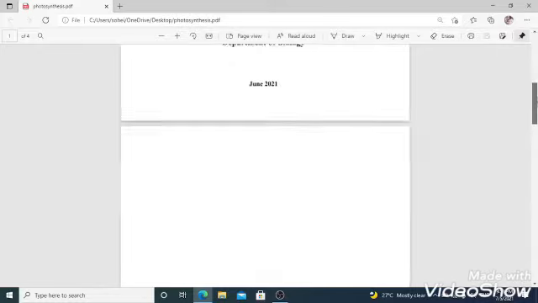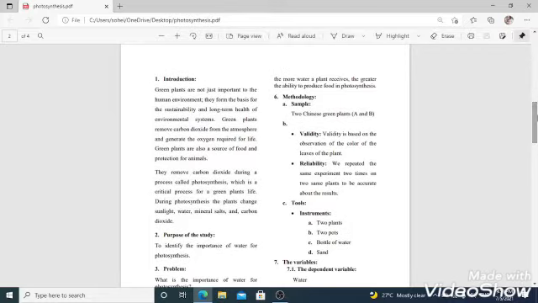First, let's talk about plants in general. Plants are one of the most essential things in life. They produce enough oxygen that helps humans to survive. Moreover, plants use some sources during photosynthesis. To add more, they remove carbon dioxide during a process called photosynthesis, which is a critical process for a green